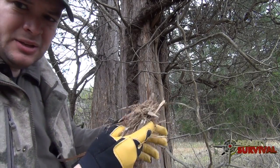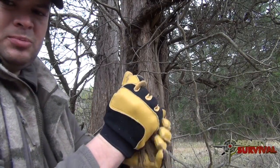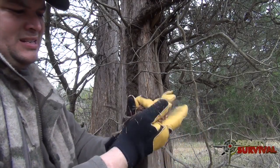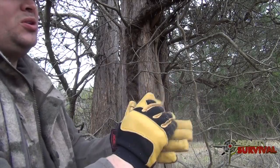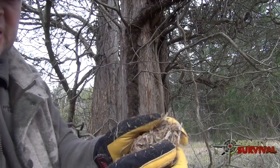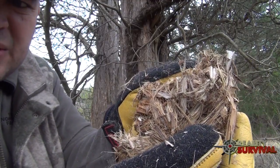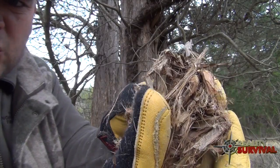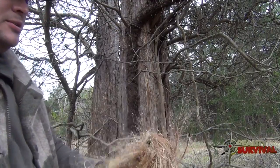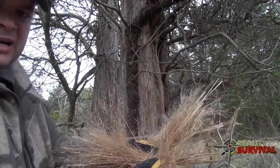So what I want to do with this is basically I just want to take it in my hand and start pulverizing it and really grinding it up so that it's in as many small little fibers as possible, and you can work it back and forth, and that'll give you an idea. See how fibrous that is? That's what you're looking for, is you want that coal to be able to catch those little bitty fibers. Get that green stuff out of there, we don't want any green in there. I would take the grasses that I have,